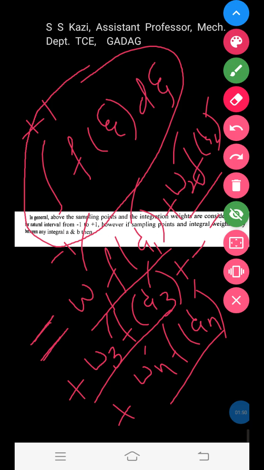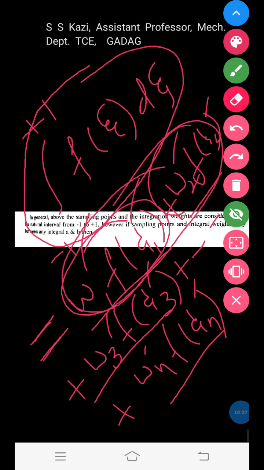are the sampling points. Okay, if we are using 1 point Gauss method, then we should use 1 weight and 1 point, and if we are using 2 point Gauss method, then we should use 2 sampling weights and points, and so on. Now here this is the formula for the integral between the interval -1 to +1. This we have discussed, and we have evaluated the integrals also from the limits -1 to +1 using 1 point Gauss method, Gauss 2 point method and Gauss 3 point method in the previous video.